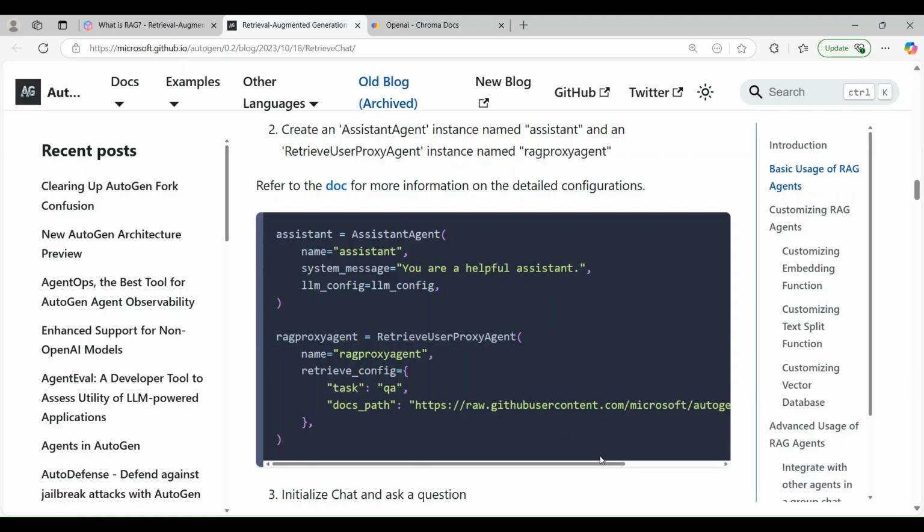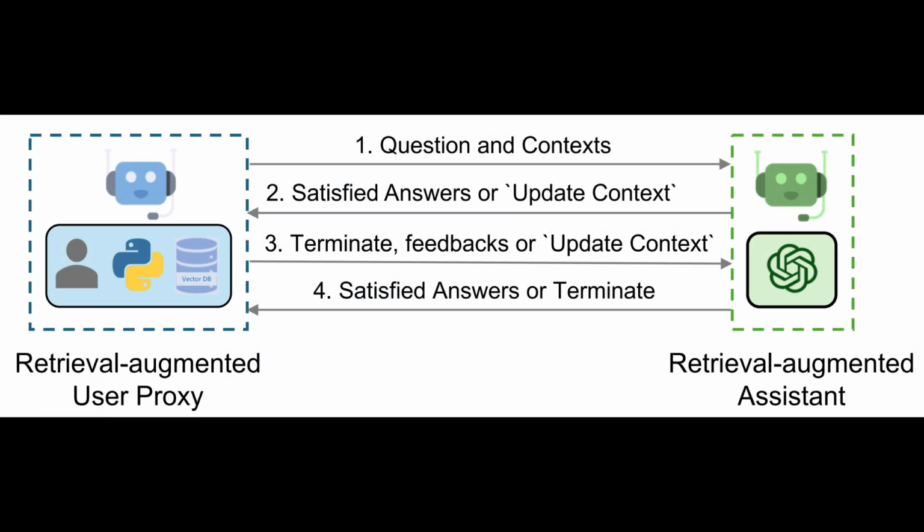Once a chat is initiated, the agents engage in code generation or question answering. Here's a rough procedure that they follow. RAG user proxy retrieves document chunks based on the embedding similarity and sends them along with the question to the RAG assistant. RAG assistant employs an LLM to generate code or text as answers based on the question and context provided. If the LLM is unable to produce a satisfactory response, it is instructed to reply with update context to